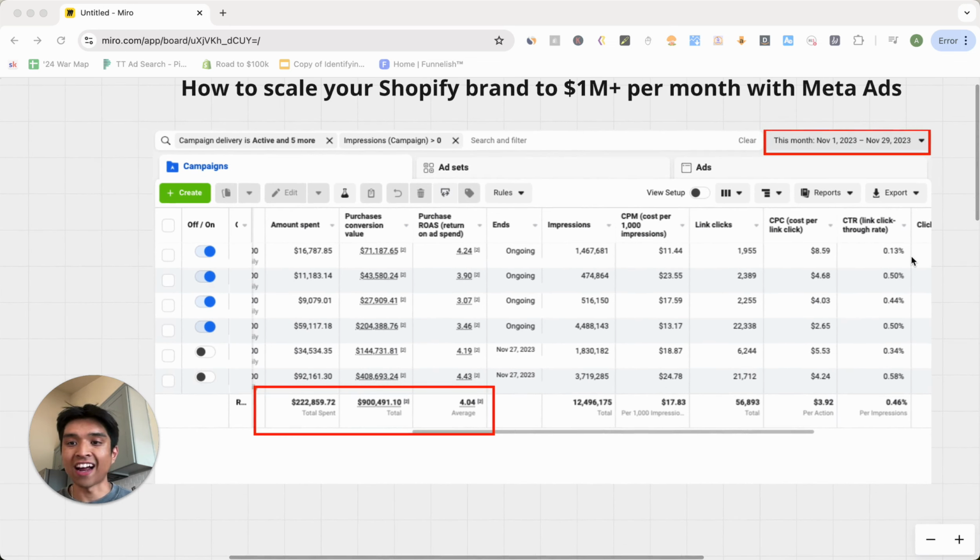here's a screenshot of an account that I scaled last November to spending $222,000 per month and generating almost $900,000, or over $900,000, in revenue. And we are missing some attributed revenue here, and the total revenue generated was closer to over $1 million. So in this video, if you stick around until the end, make sure you do, because I'm